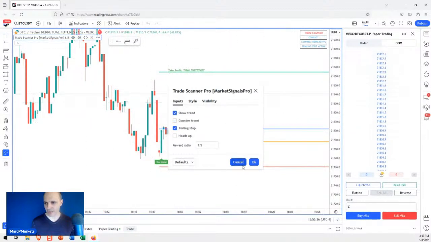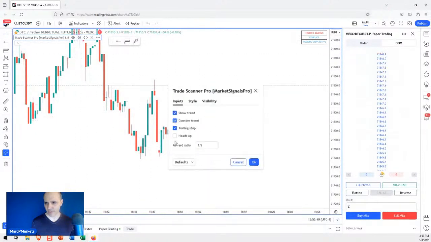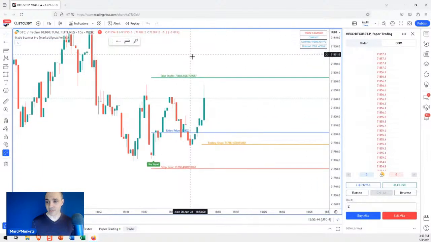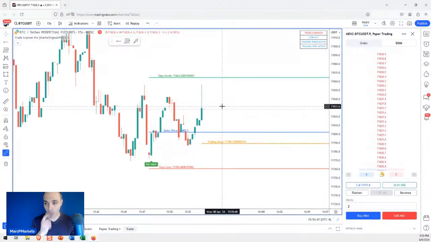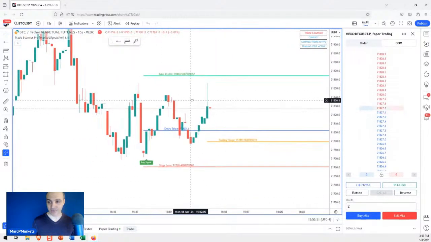All right, counter trend, take it off, it's gone. See that? The trade is still open though. If I put this back on, oh look, we're gonna go, look at that. This thing almost got stopped out. Again, we're on a 15-second chart, so I know it looks very dramatic.